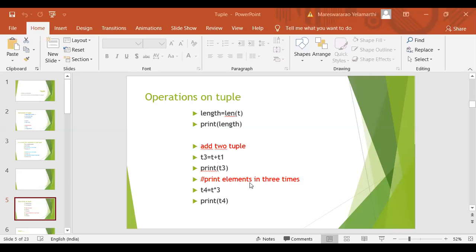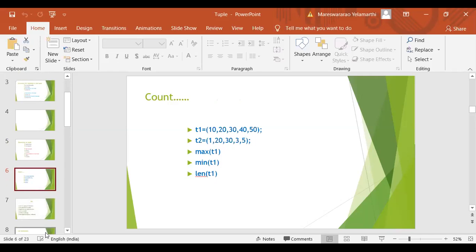Suppose you want to print all items in the tuple 3 times, then you should use the multiplication operator, the star operator. Star 3 will print all the elements in the tuple 3 times. If you use 4, it will print all the elements 4 times.